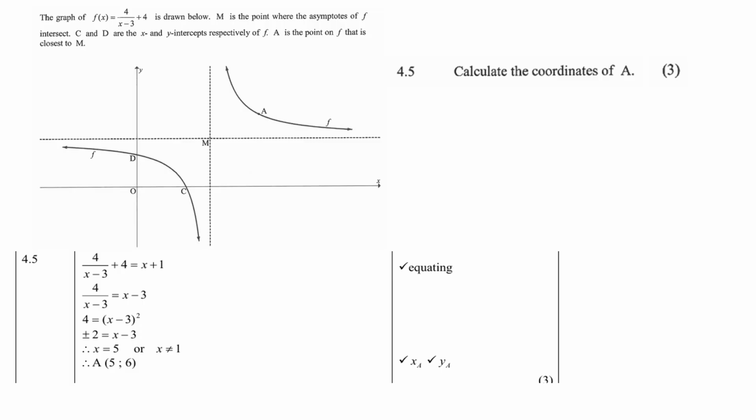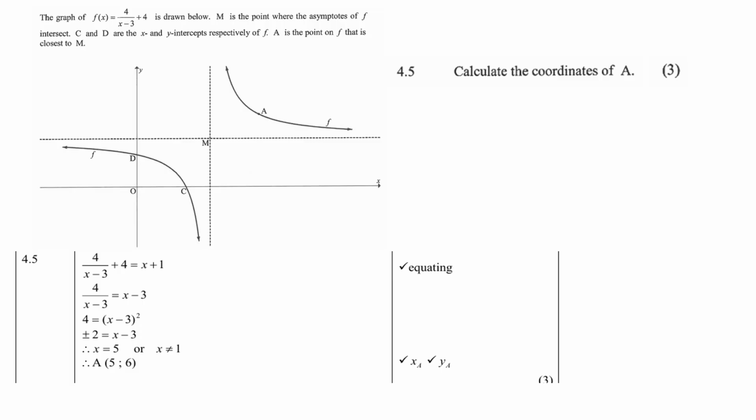So then A will be where the line of symmetry and the hyperbola coincide. So therefore, we equate the two equations. Once we've done that, then of course we solve for x by cross multiplying, and you can use the formula here if you want to, or any other way to solve. So you get x equals 5 or x equals 1. But of course x equals 1 is not going to satisfy the equation. We all can see why.